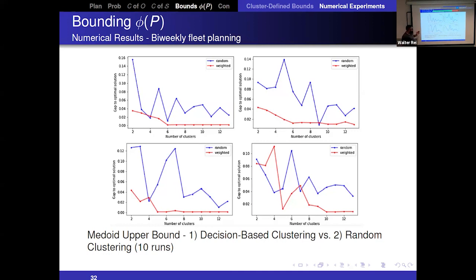If you're randomly generating the clusters, the bound is a bit all over the place, but this was to be expected because you're just sampling. The clusters are generated randomly, so there is no consideration of the actual problem. So this was to be expected. The lower bound